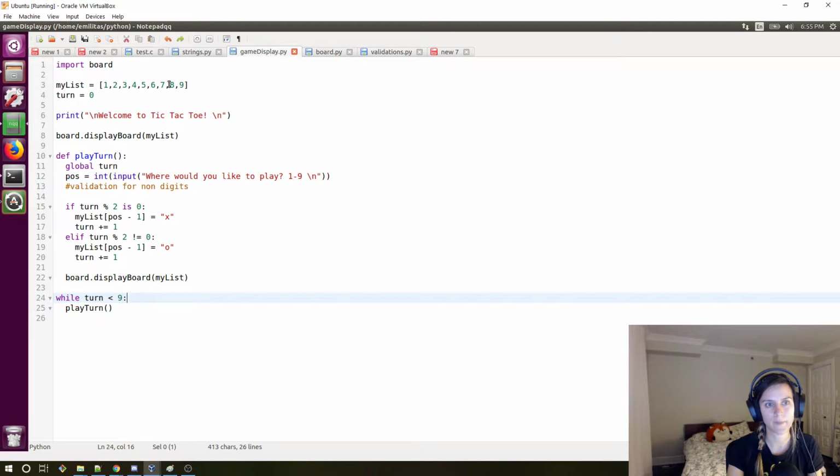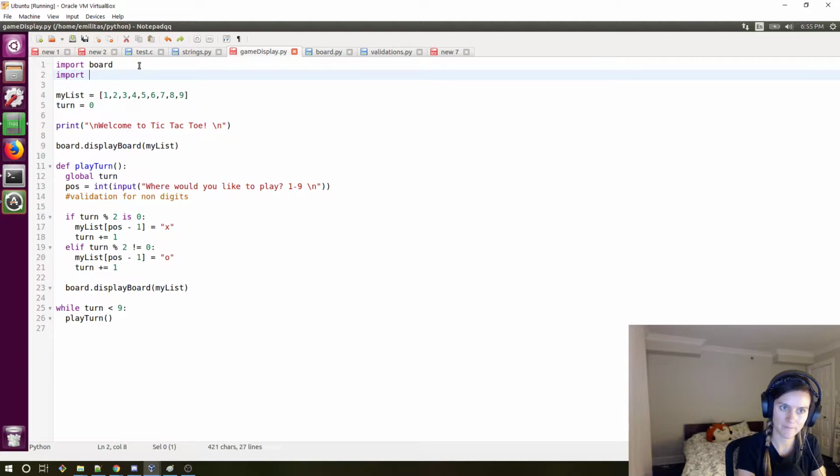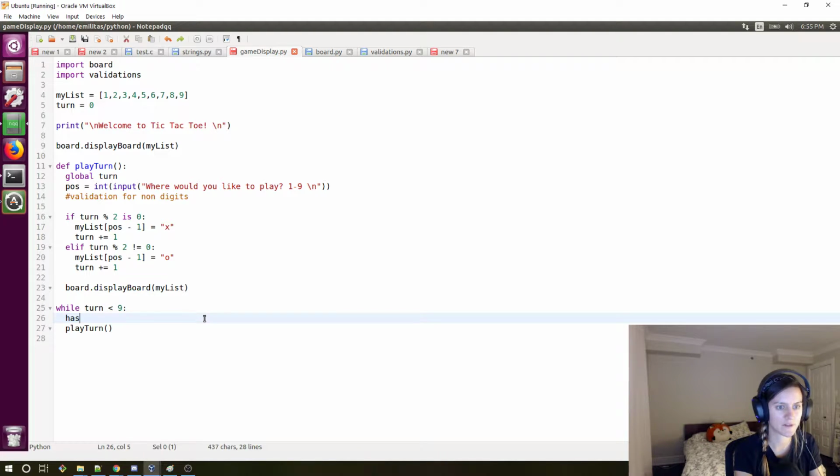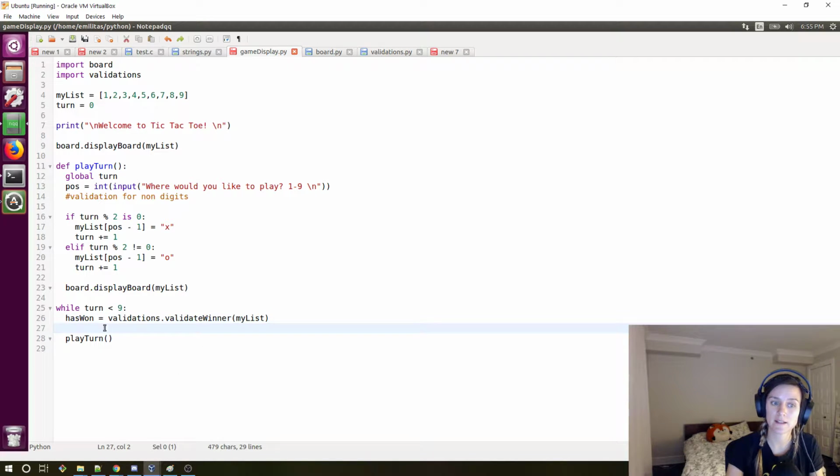So, since we want to use it, we got to import it. Import validations. And here we're going to say has won equals validations dot validate winner with my list as the argument. And since this is going to have a true or a false value in it, we're going to say if has won, so if true,